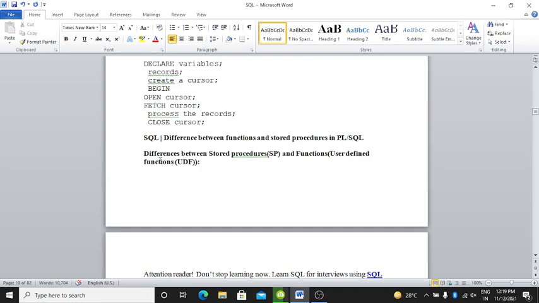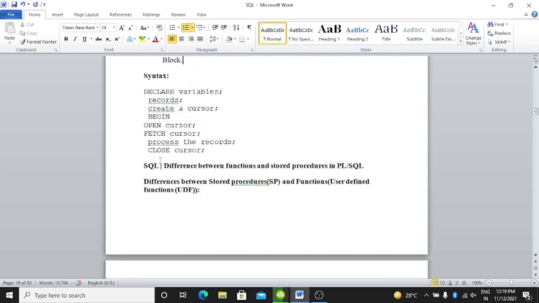Here is the syntax. Declare variables, records, create a cursor, begin, right? Open cursor, fetch cursor, process the records, close cursor.